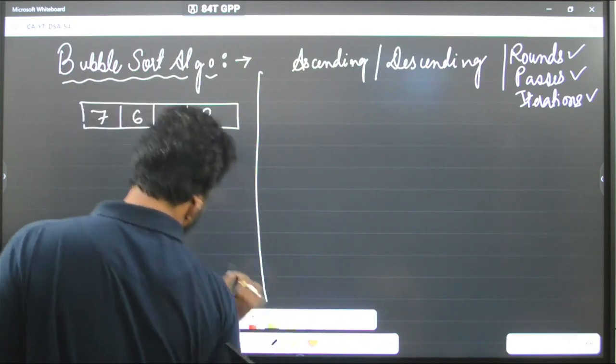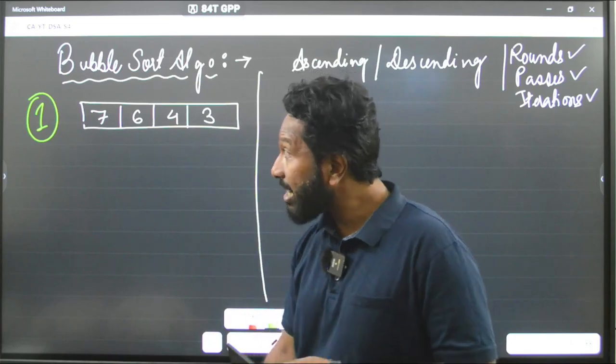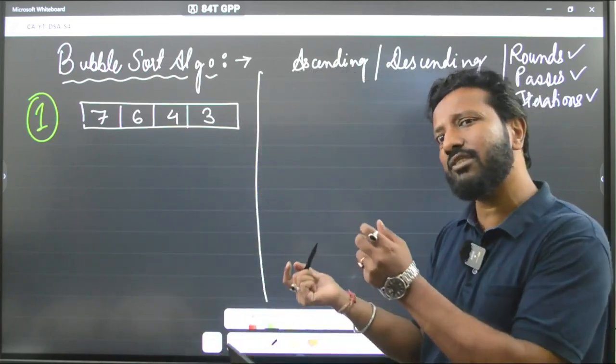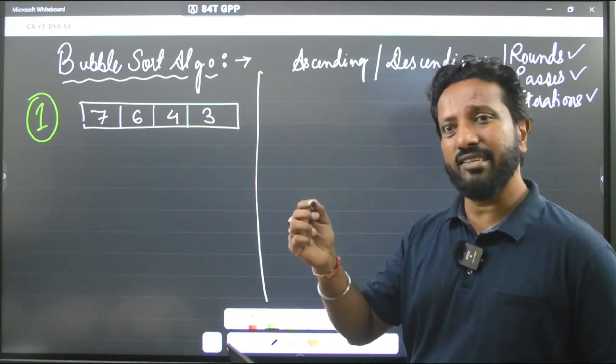Let us take a different color here. 1. Now, you can see that I said let us talk about ascending order, then we can just tweak the code a little bit and it will become automatically descending order. Just the greater than symbol can be shifted to